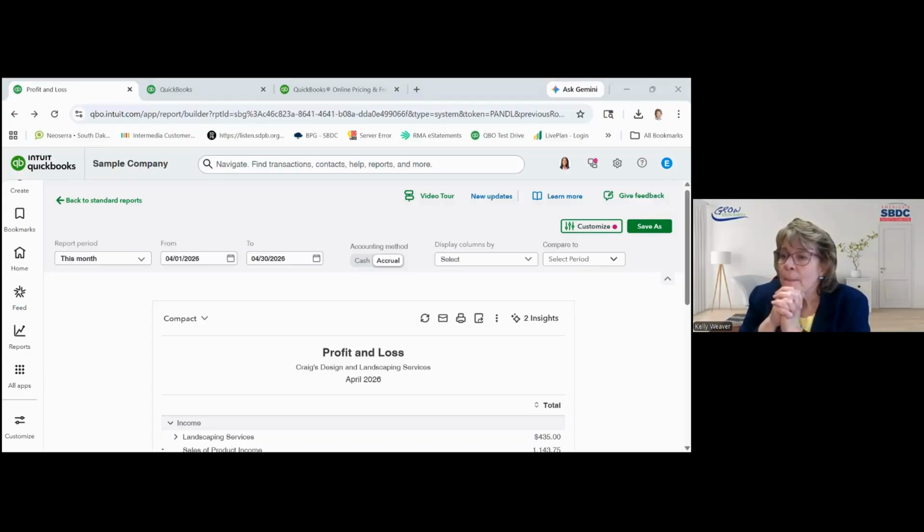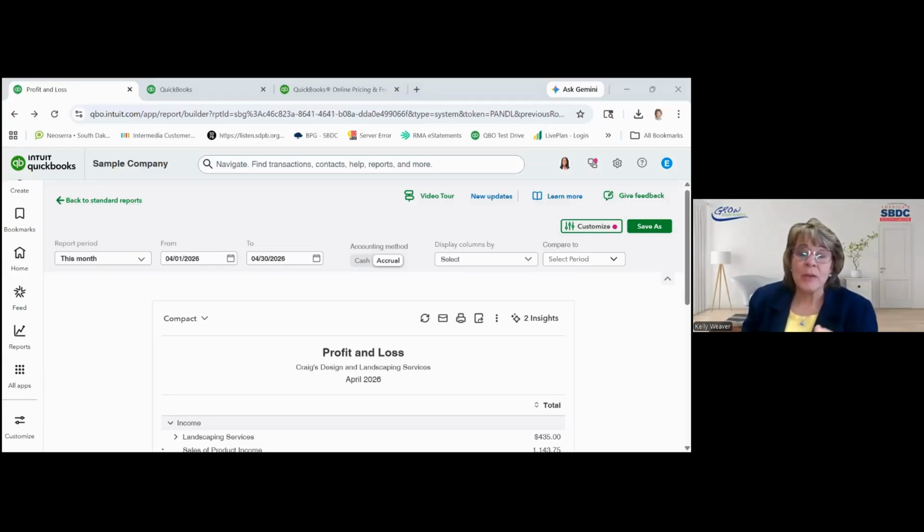Next question, can you use undeposited funds for checks received but not taken to the bank, not tied to an invoice? For example, nonprofits receiving donations in the mail. I would look at that one of two ways. For undeposited funds, you're only getting it there for something that comes through a customer transaction, so through an invoice or through a sales receipt. Beyond that, you just go straight to make a deposit, and you can tag a customer name there and enter it in.